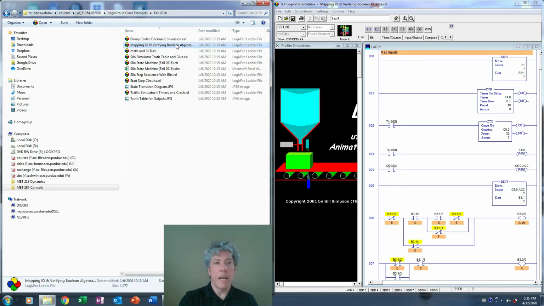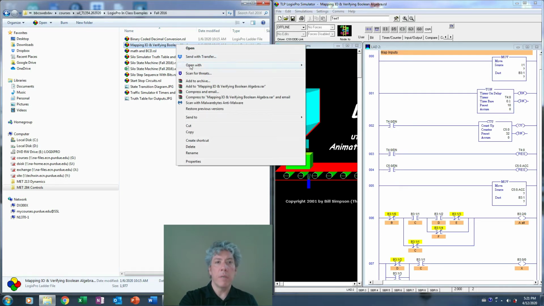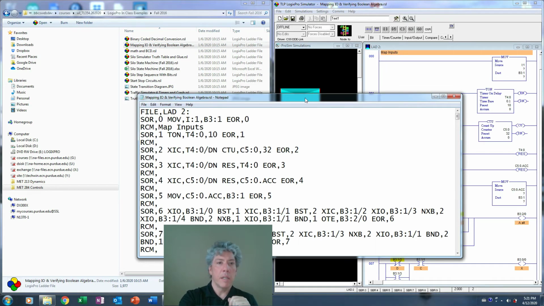This is the file I have open, so I'm going to right-click, and in Windows 7, which I know is a little old, I can say Open With. You'll have to figure out how to open it in a text editor in your operating system, but it needs to be a very simple text editor. You want to save this as just plain text. You don't want anything special, any special characters or anything. So I'm going to open this up in Notepad,